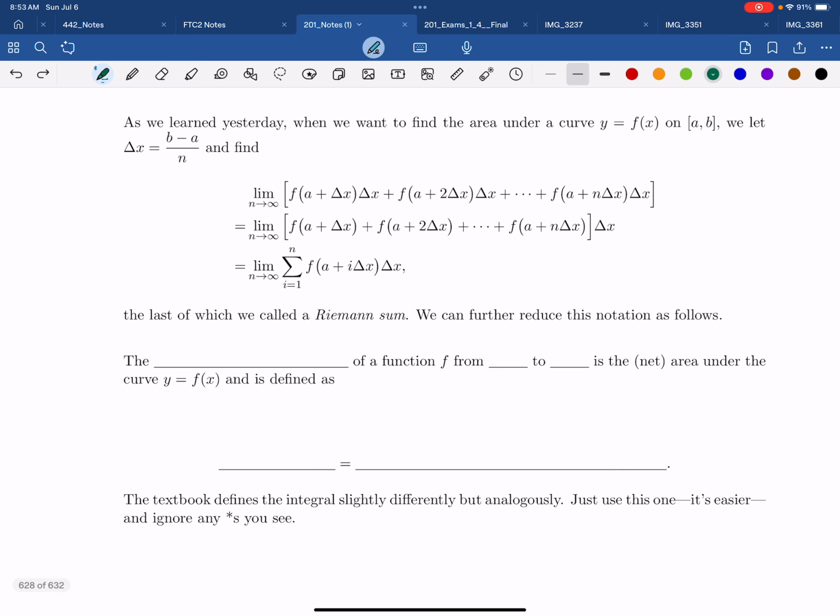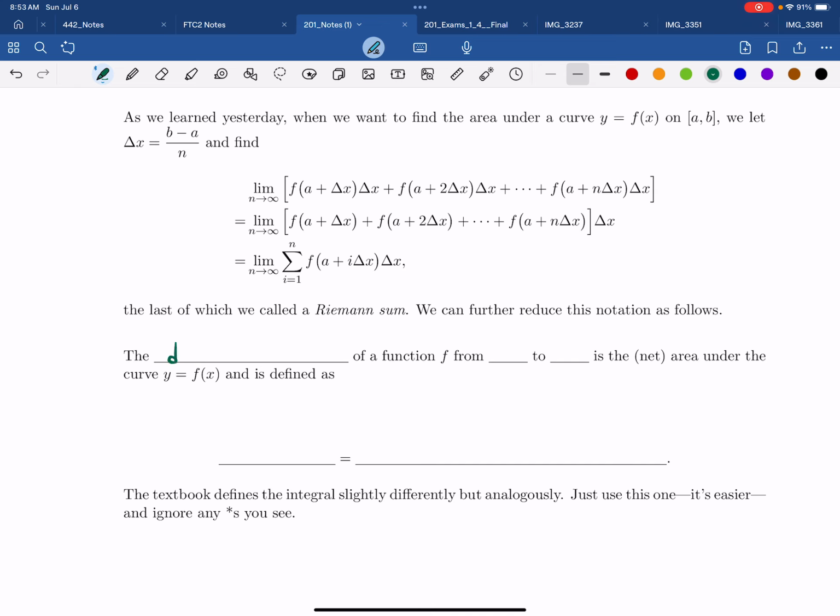And now we're going to define a term that will guide us through the rest of Calculus 2 if you wind up taking Calculus 2. The definite integral of a function from a to b is the net area under the curve, defined as the integral from a to b of f of x dx,